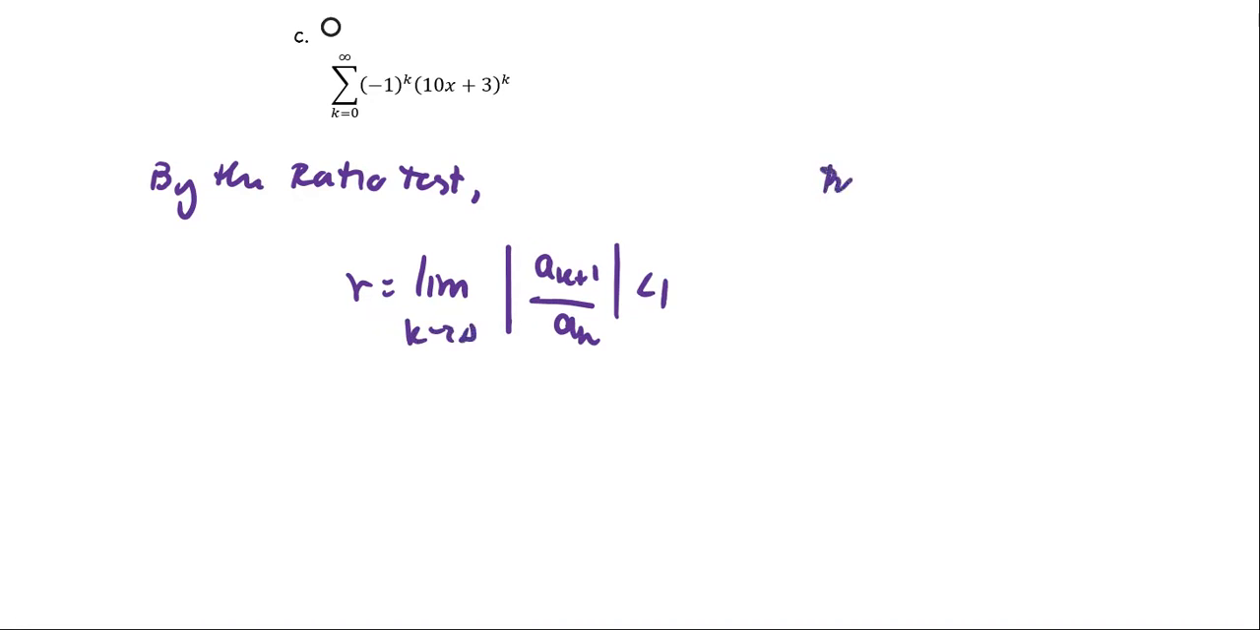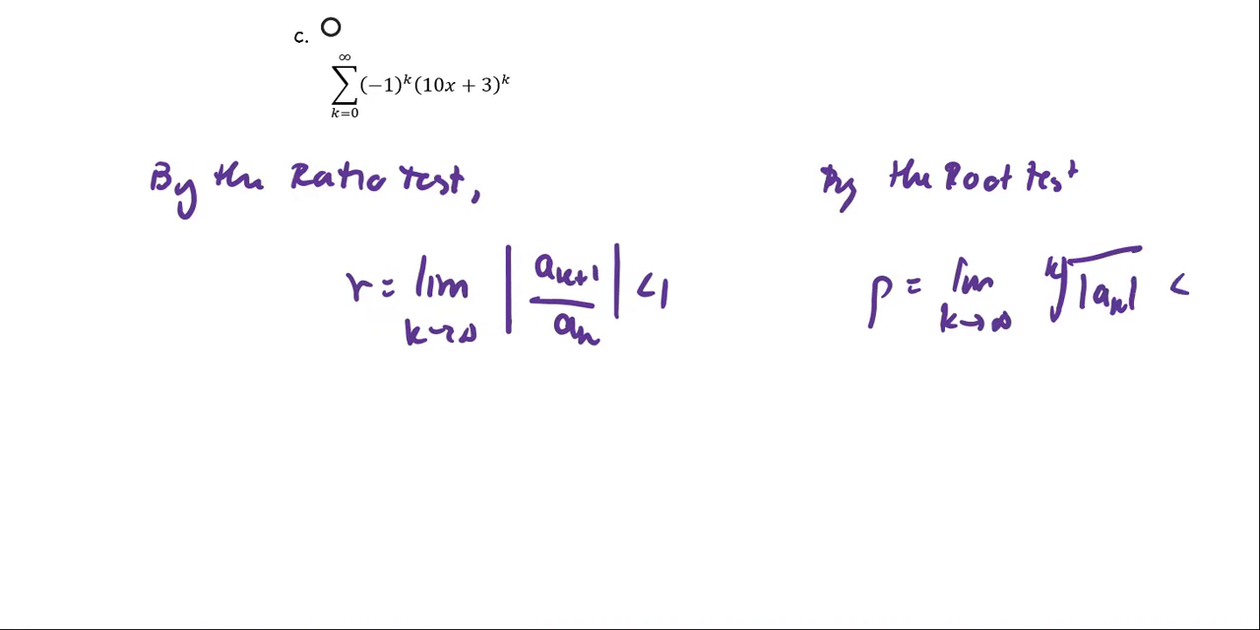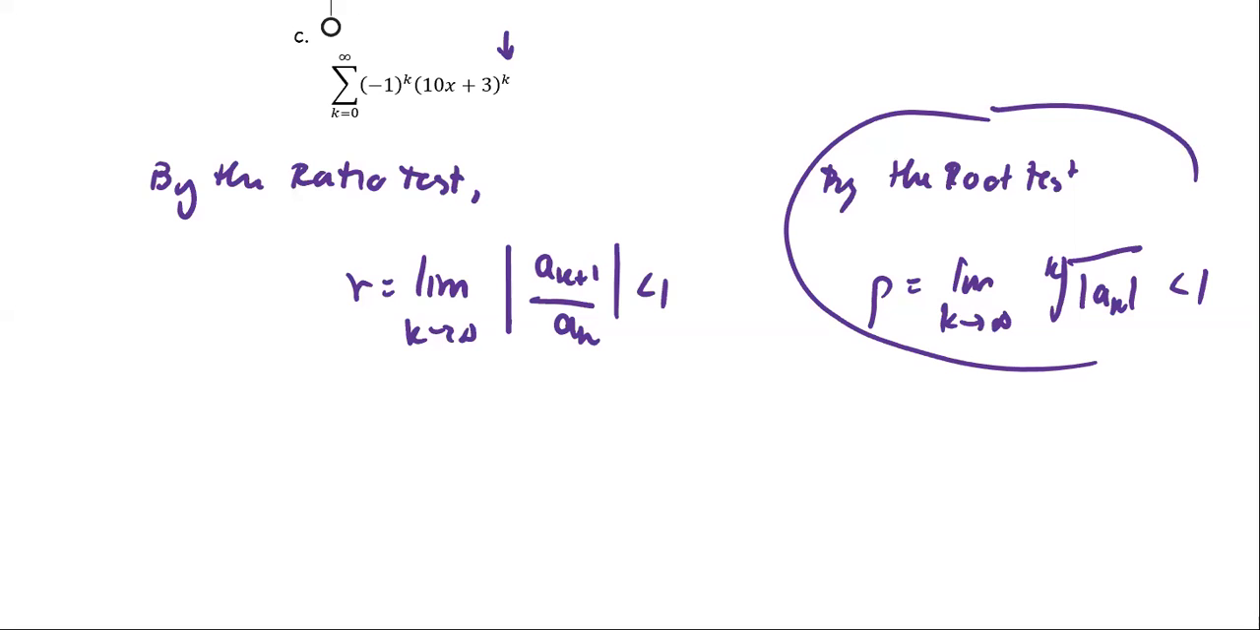or by the root test, that rho equals the limit as k approaches infinity of the k-th root of the absolute value of a_k, less than 1. This summation involves the power k, so it's more convenient to use the root test. So then the series converges